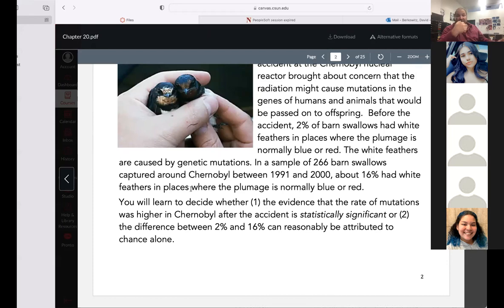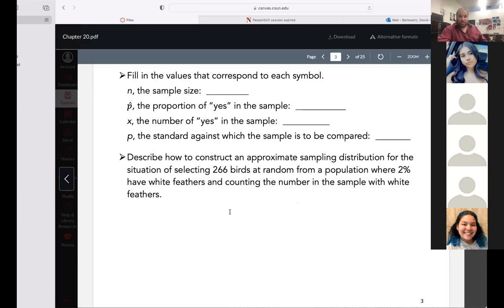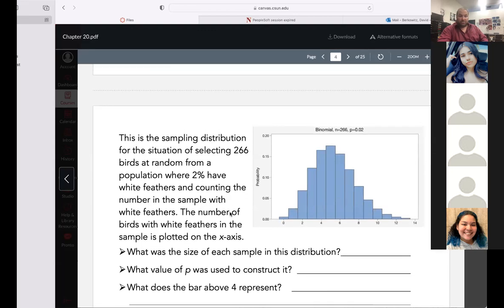The 2%. That's what it's been until now. That's where it is everywhere else in the world. We're questioning, did Chernobyl make it more than 2%, or is it still 2%? So 2% is the standard against which we're comparing it. Make sense? Yep. Okay, now,